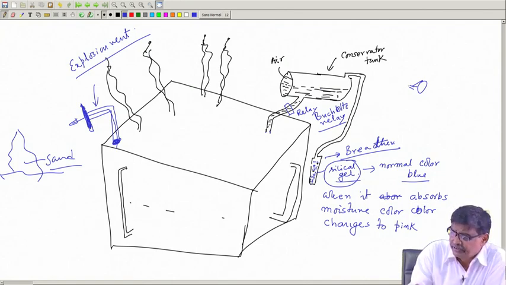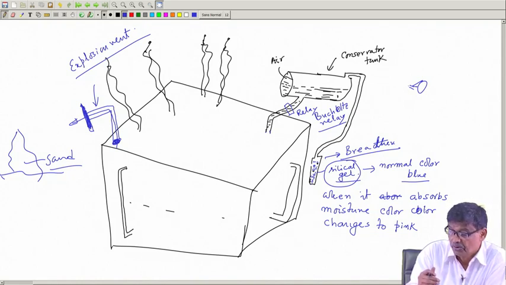So, this in a nutshell will be the general fittings. One is a conservator tank, bushings. In case of 3-phase transformers, 3 bushings will come out, and on the nameplate there will be a plate, KVA ratings, this and that will be written, and there is a breather here, silica gel, through which air will be coming in when the transformer inhales,